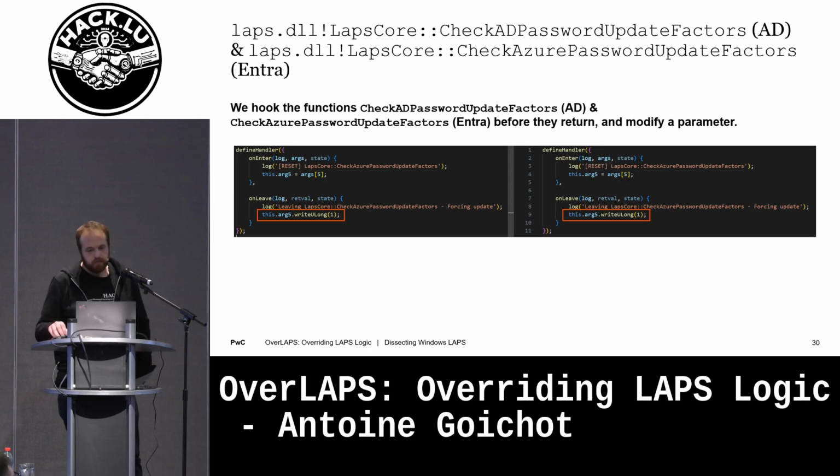To do it, we have two very similar functions for Active Directory and Entra ID setup that are quite self-explanatory: check AD password update factor and check Azure password update factor. And basically, we will just overwrite the exit function to say, okay, yes, it's expired, of course.